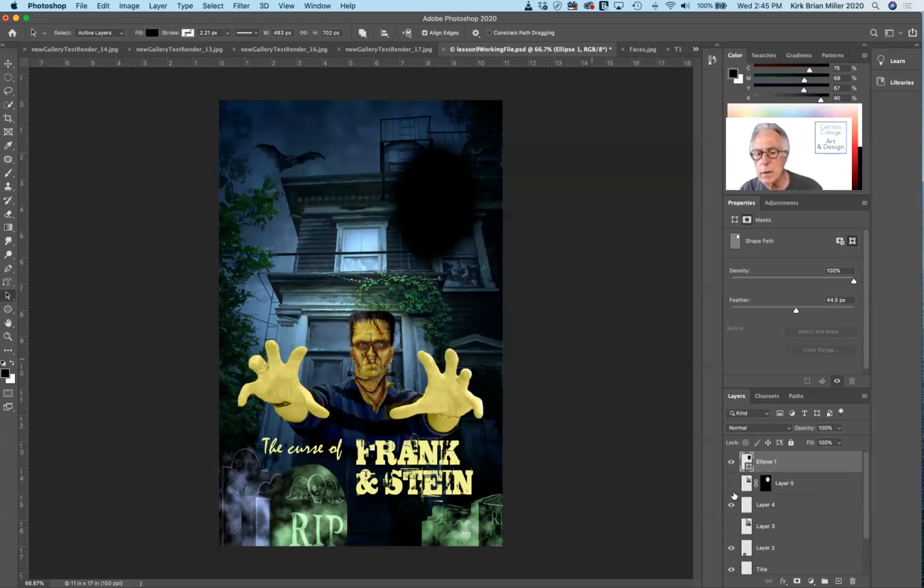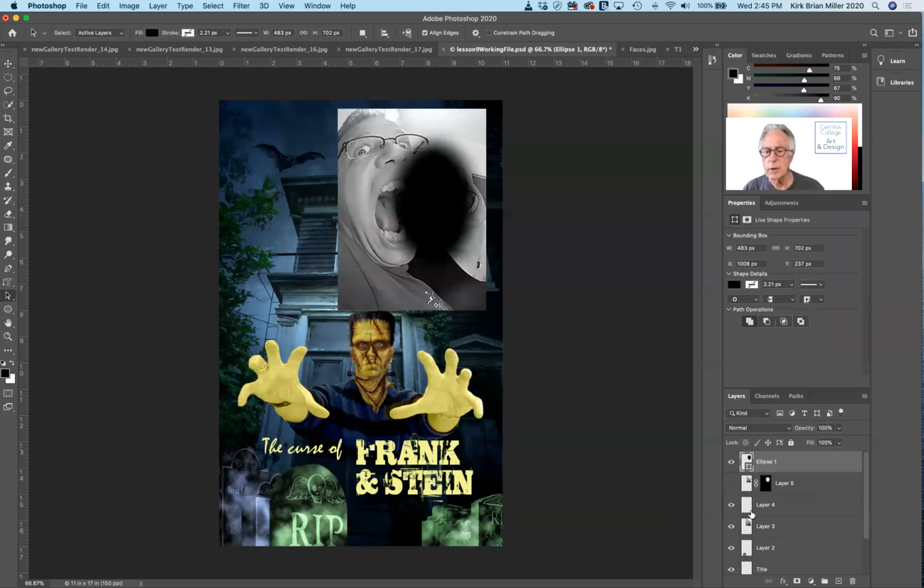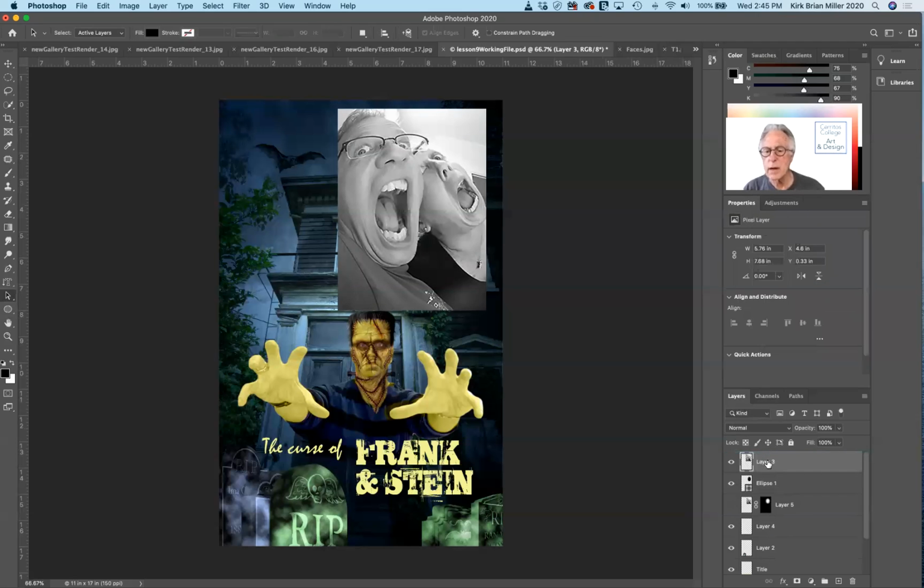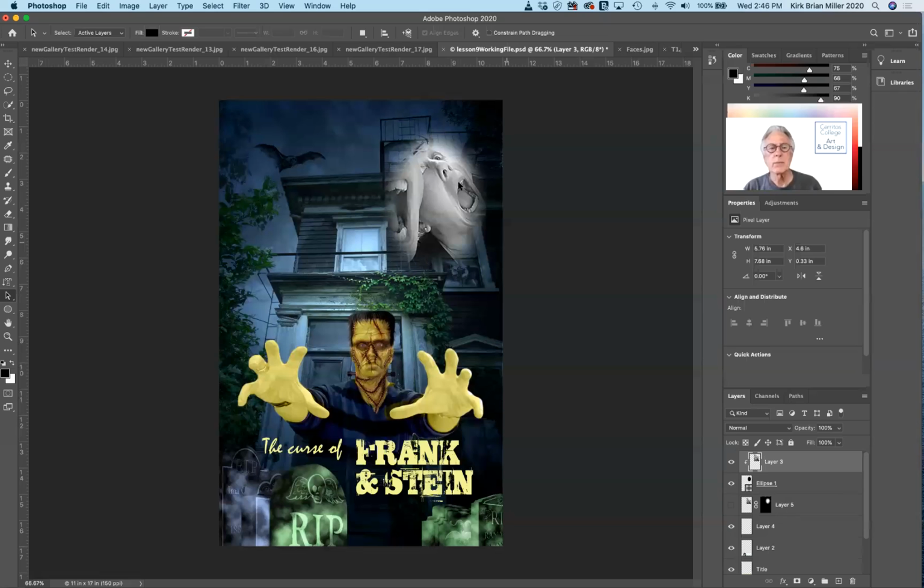And now I'm going to turn on this layer and I'm going to put it on top. Okay, so it's on top of that shape layer. It should be. Where's my shape? Yeah, there we go. So now what I can do is I can hold down the Option key and click between these, and it uses that shape layer as a mask. And now I can do pretty much the same thing. I can click on this image and I can hit,